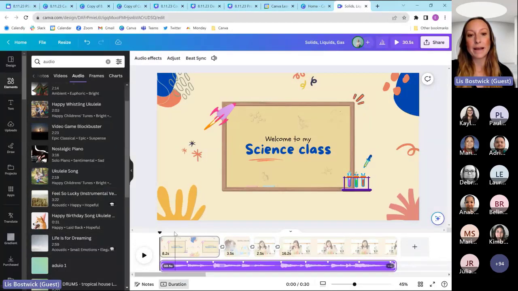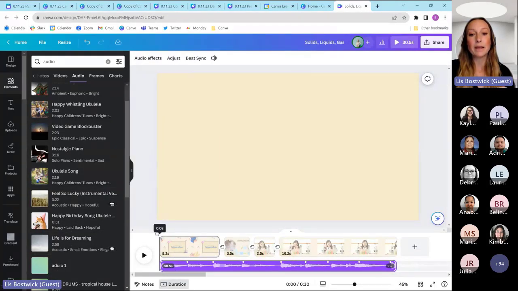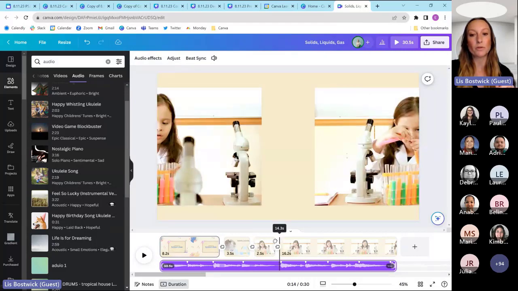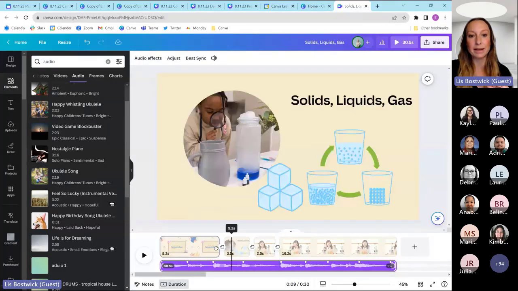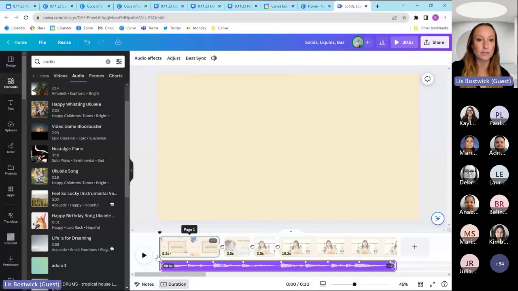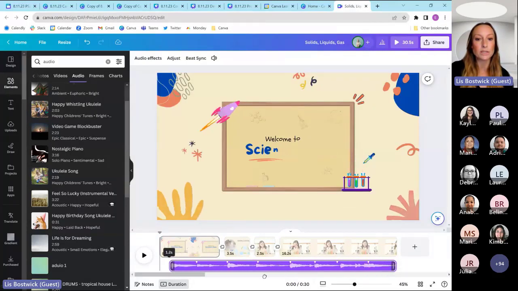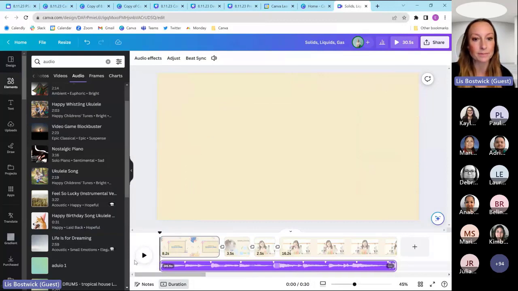One note on the audio, my timeline happened to be at the beginning. If it was down here, my audio would have fallen wherever the little black line is. So you do want to make sure that you adjust that to begin with. But if not, you can always drag this audio, so you can always move that. So let's hear what this sounds like.